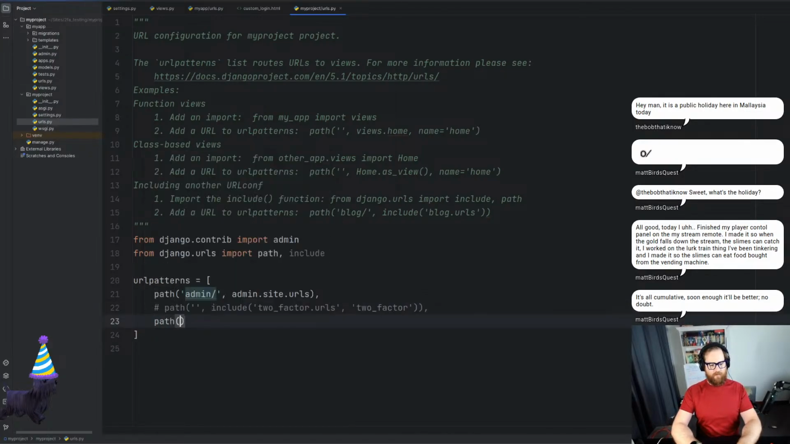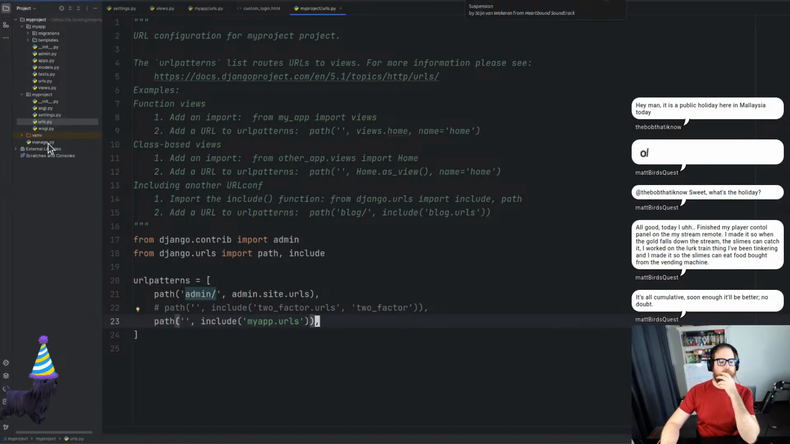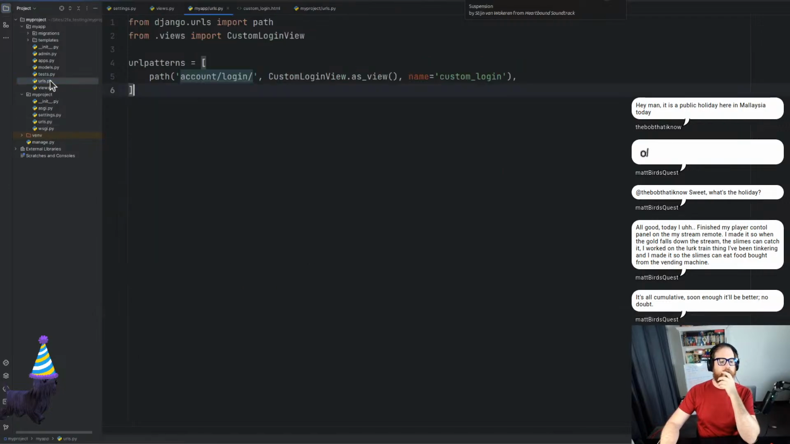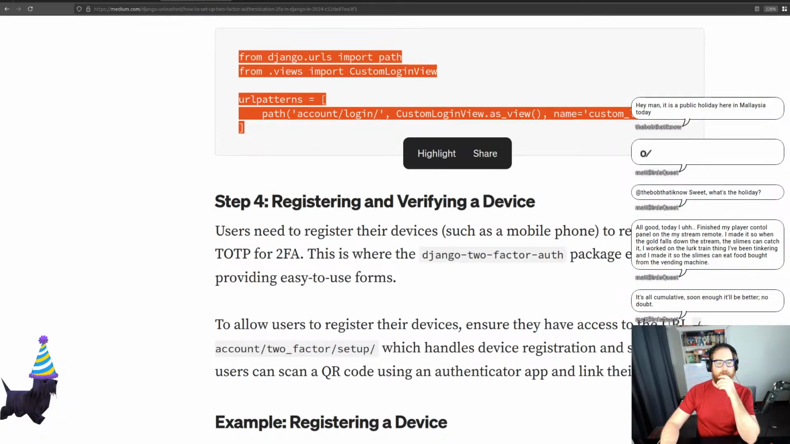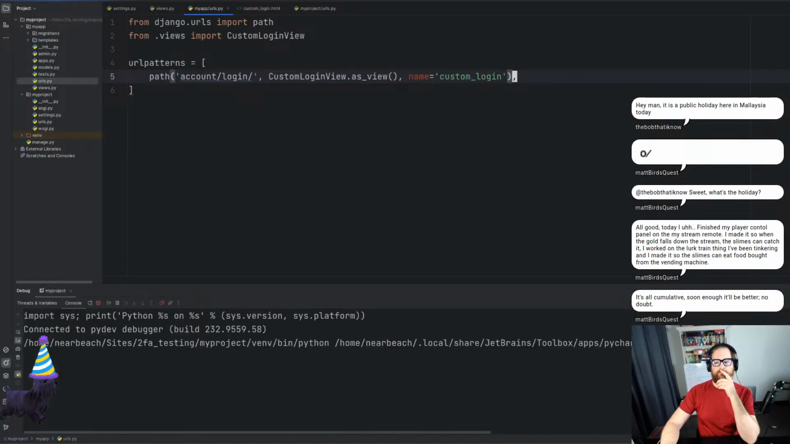It'll be path include, and then it'll be my app.urls, like so. And then if we do the account login, custom as view, custom login. All right, cool. Yep. Now, if we run this,